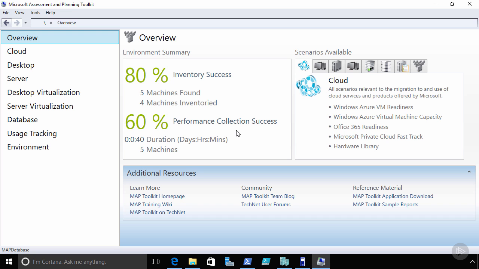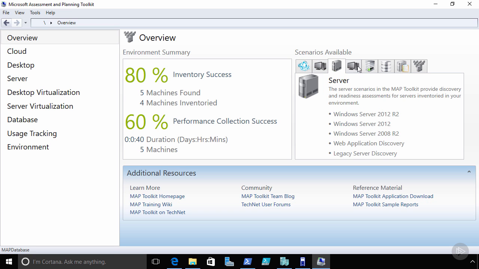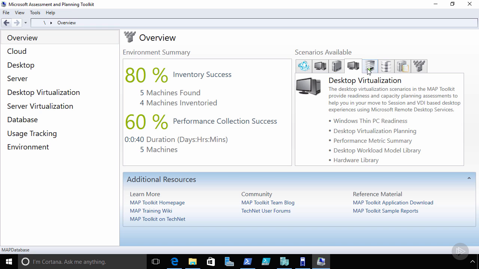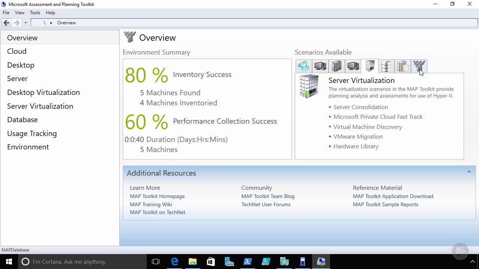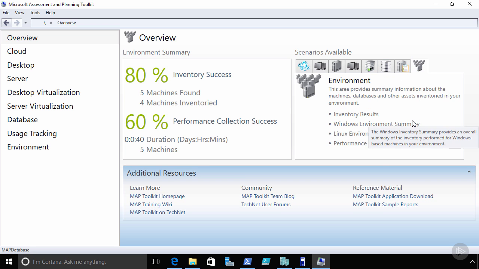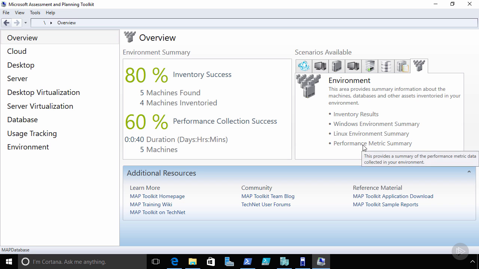The whole point of the Microsoft Assessment and Planning Toolkit is to take a look at your environment and then, with that information, use it to help you understand what better ways you can deploy that different hardware. You can see a variety of scenarios that exist here for cloud, for desktop, for your server machines, desktop virtualization and server virtualization. And then all the way over here, it includes environment characteristics like your inventory results and even your Linux environment results. The result is designed to give you more information, better ammunition